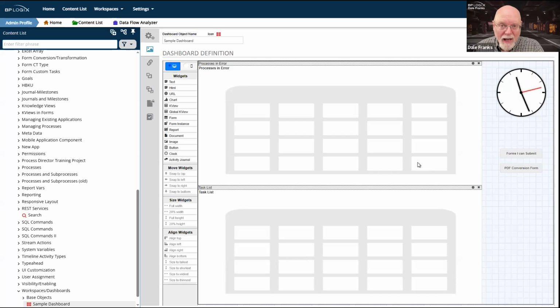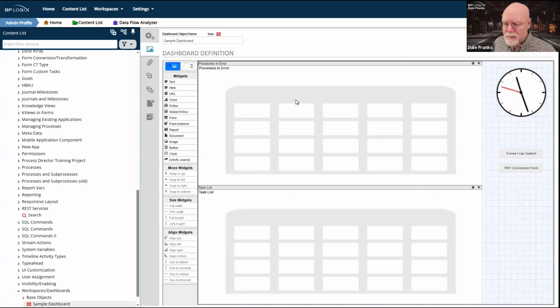That means that if there needs to be a change to the UI and the entire UI is in the dashboard, then the person who can make that change to the UI is the application designer themselves. You, as an administrator, don't have to be involved in that process at all, although depending on how your organization works, you may be the person that exports it from dev and imports it into production. But you don't have to worry about the workspace. You don't have to change the workspace. In fact, the workspace should never change. All of the items that are going to be shown in that workspace.